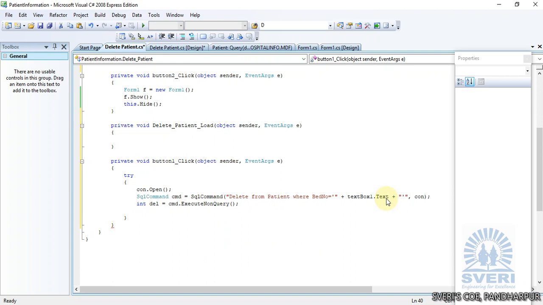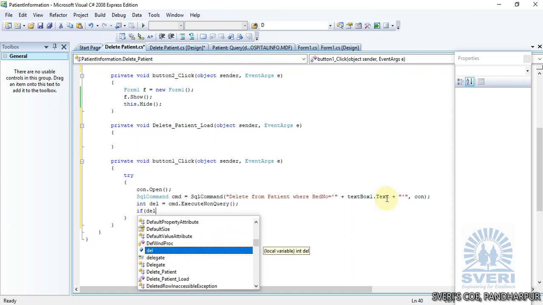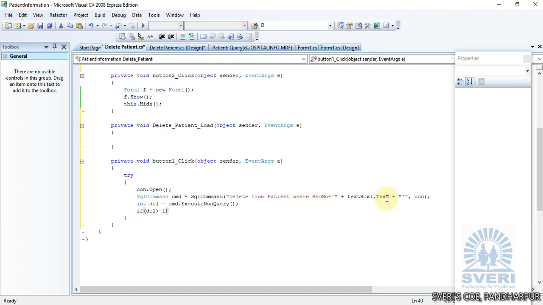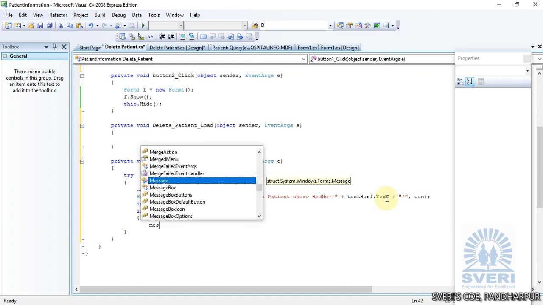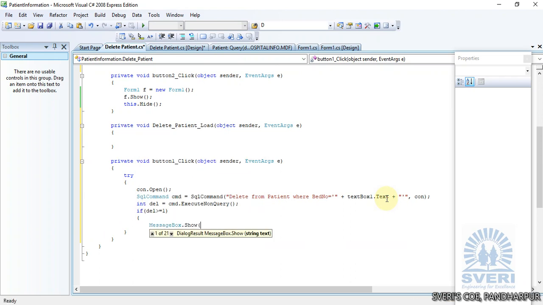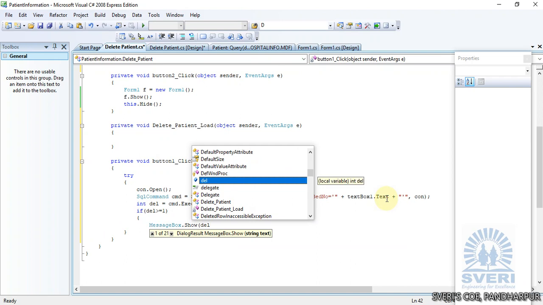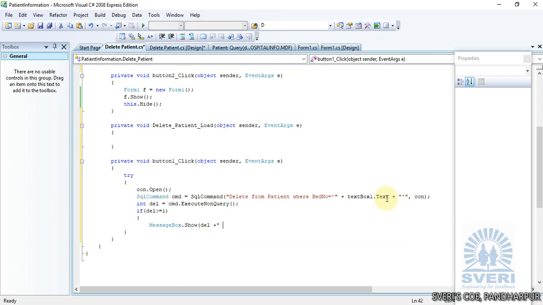If del is greater than or equal to 1, a message box dot show del plus equal to, patient is removed from system,